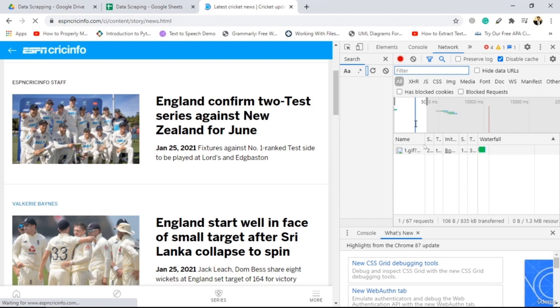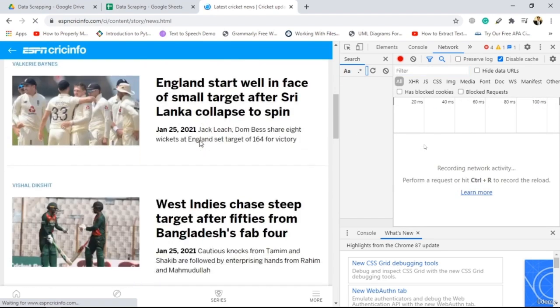For those who are not familiar with this network tab, every request that this website is making back to its server without refreshing the page will be displayed here. So if we scroll down and this page sends a request to the server for the next newsletter, this will be replicated here for sure, because this network panel is responsible for showing us all the requests taking place between the website and the server. So if we just clear this for now, and now if we scroll down,